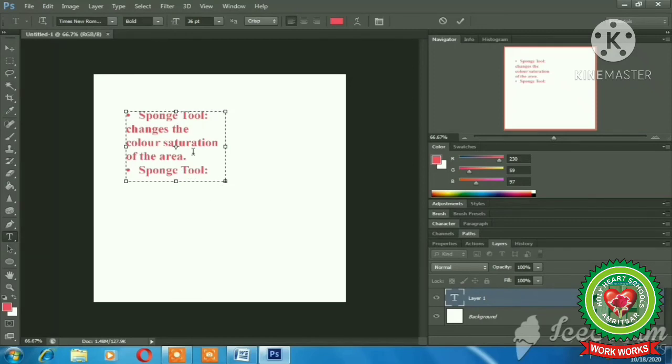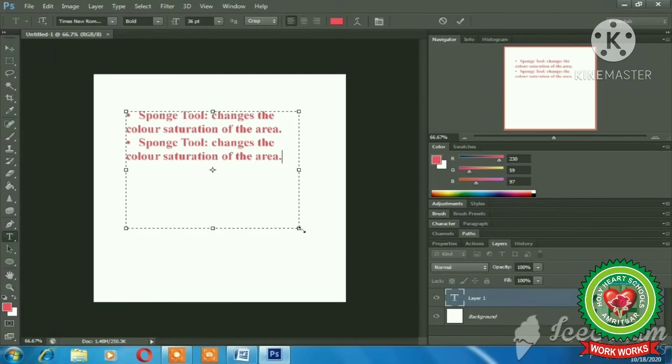Here students, note that we have the overflow sign. This overflow sign shows that the height and width we have set in the paragraph size box was less as compared to the text we are typing. Now I'll hold and drag to resize it.